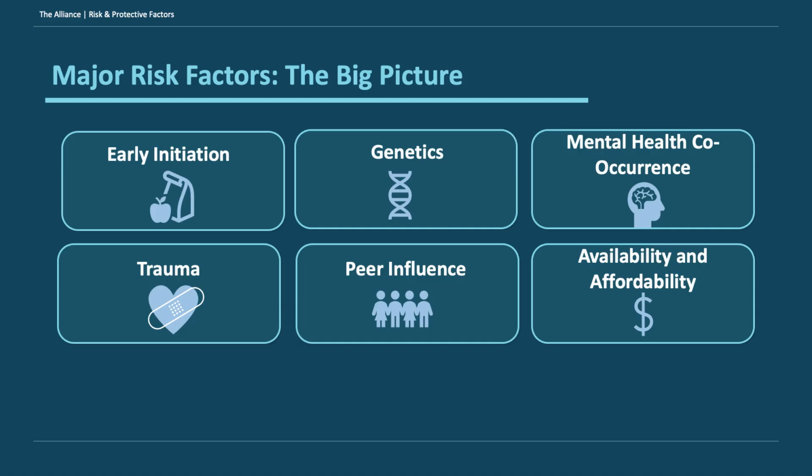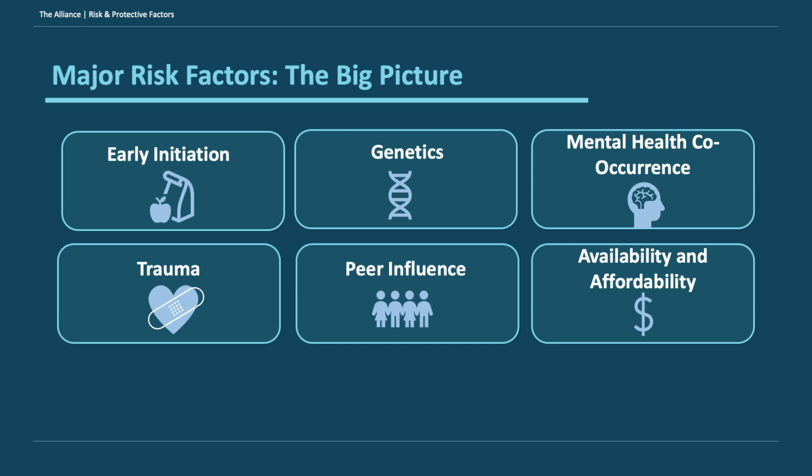Genetics, of course, are really key. It's much harder to intervene on, but genetics, of course, play a role. If you come from a family with a genealogy of addiction, you are much more likely to develop a different level of alcohol misuse or alcohol use disorder. Mental health co-occurrence, we see this pretty frequently, and there's a bit of a bidirectional component here. People who are experiencing mental health crises or have a mental health diagnosis are more likely to drink, and if you drink, you are more likely sometimes to develop different components of a mental health diagnosis, whether it's depression, anxiety, or another. There are many of you in the room who deal exactly with this, so you're welcome to expand on that. Trauma, again, we know that if you have a number of adverse childhood experiences, or ACEs, your likelihood of excessive alcohol use increases.